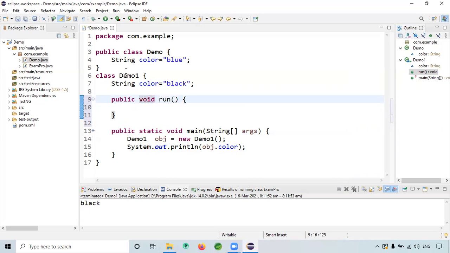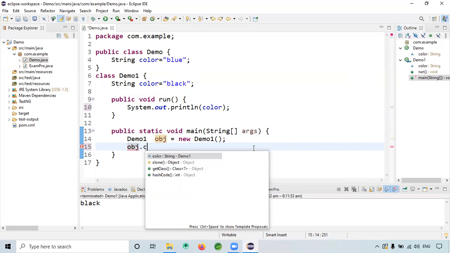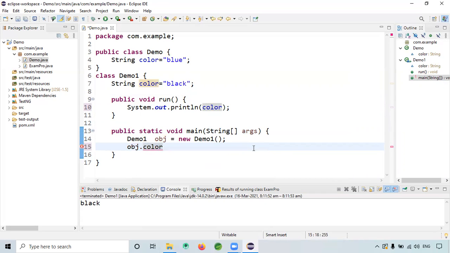Now I have one method here, and here I have color. I have obj.color here. Sorry, obj.run.